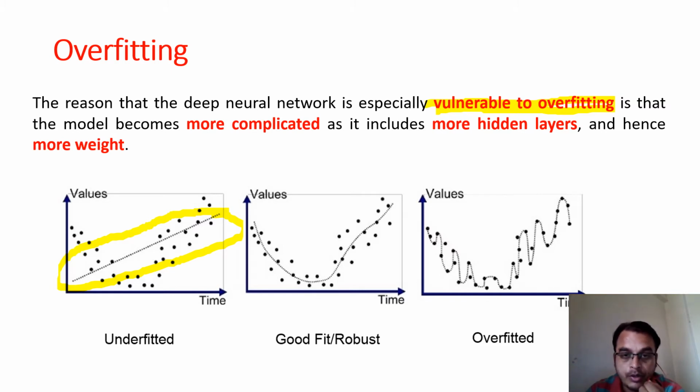The second thing is that you have particular data and you learn it so many times that each and every point is built into your model. Hence this is an overfitting example. Okay, so we are not interested in underfitting, and we are not interested in overfitting, but the desired requirement is a robust or good fit, which is nothing but drawing a proper line where all points come together. Okay, next.